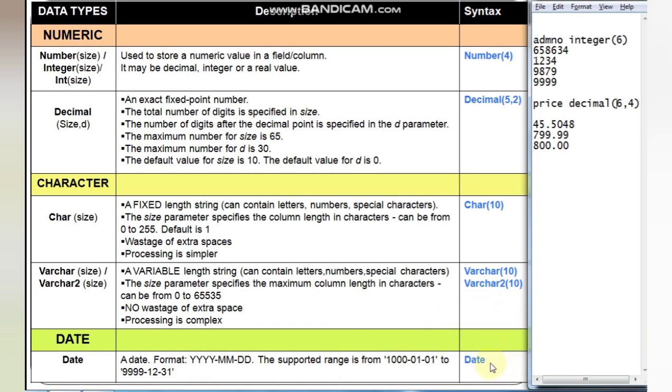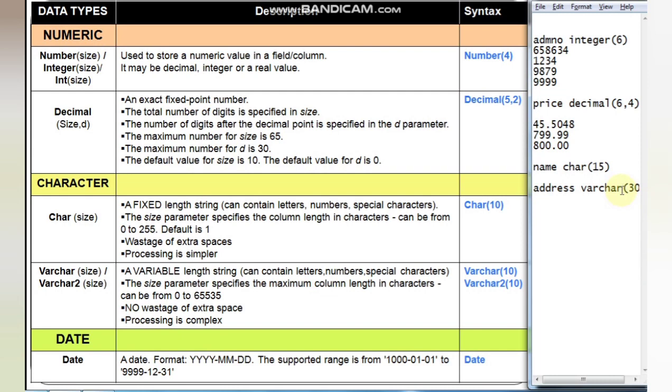For writing a date, I'm showing you how you write for character. Suppose we are declaring a field name with character data type, and suppose you have given 15. Now suppose you are declaring another field address, and this time you have given varchar, suppose 30, anything you can take, or you can also write varchar2.